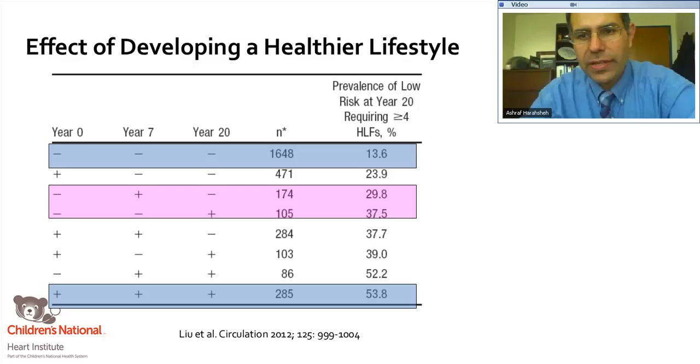Now, if you are able to affect a change, either early or later in life, you will be able to improve their profile. But the best part is here. As a pediatrician, if you are able to affect the behavior of the family and improve their lifestyle, and they continue to do that, their profile becomes as good as the ones who came to you with a perfect profile. So as pediatricians, as preventive cardiologists, we need to improve the diet and the well-being of our children and empower them to exercise more,